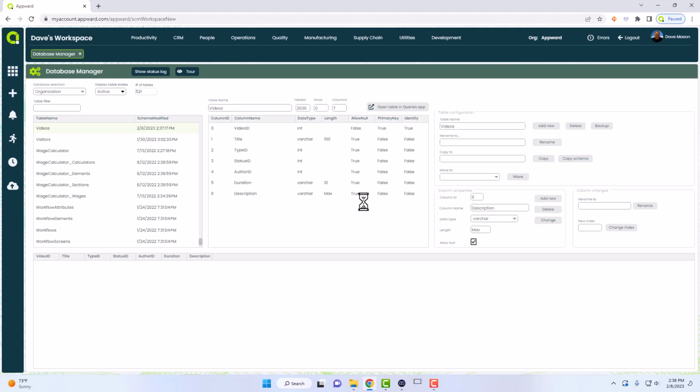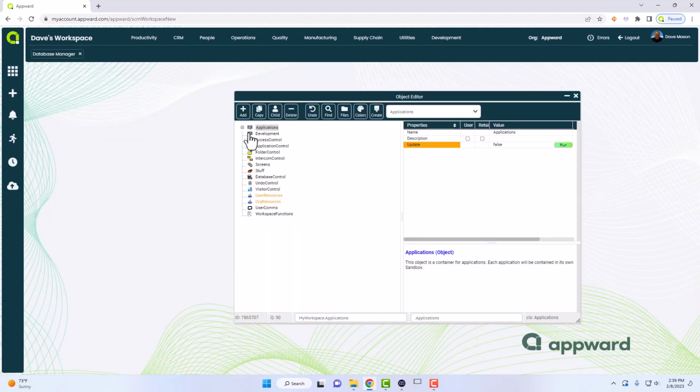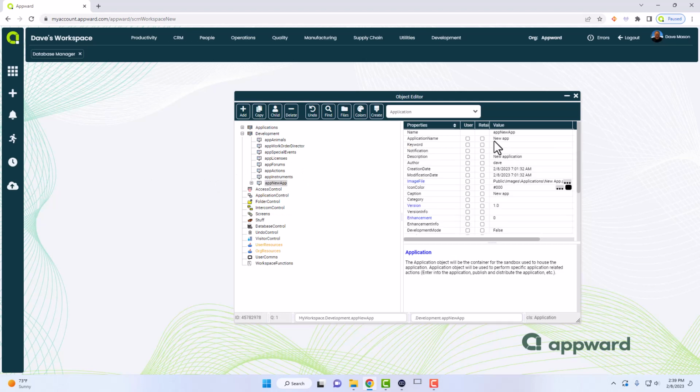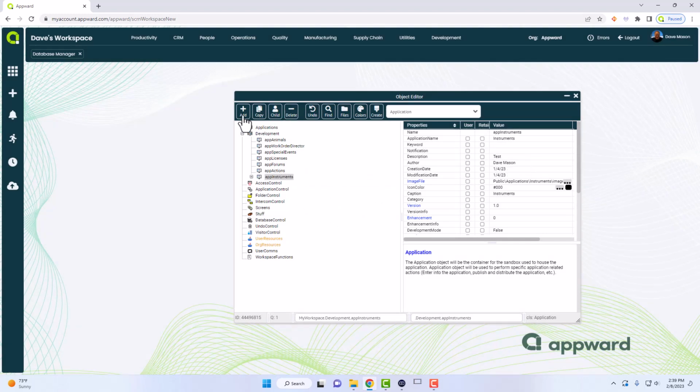So here I've created this database table. It exists in my organization, and I'm currently running in the Appward org. It's empty, but the structure's there, and this is called the schema. So normally now, if I create an app, let's say I want to make an app from scratch. So I'm going to come into my development tray. I come down here, and let's delete this old one. We don't need that. And let's say I'm just going to add an app and give it a name of